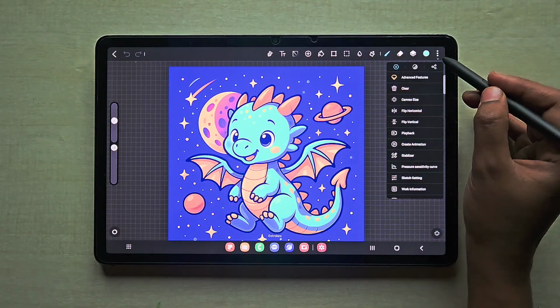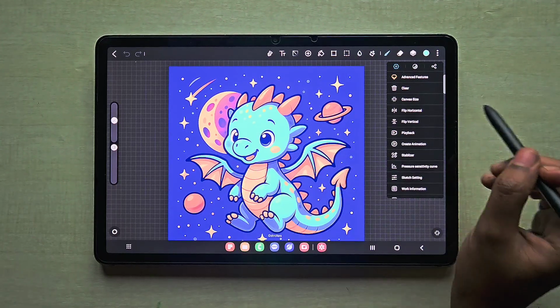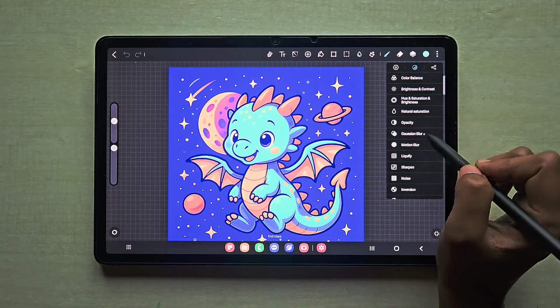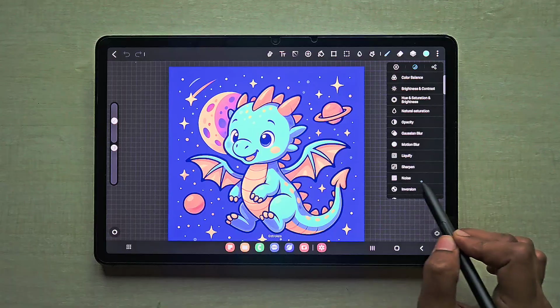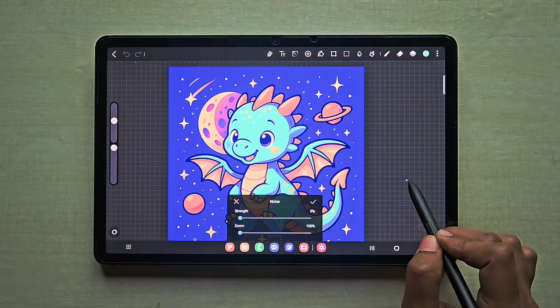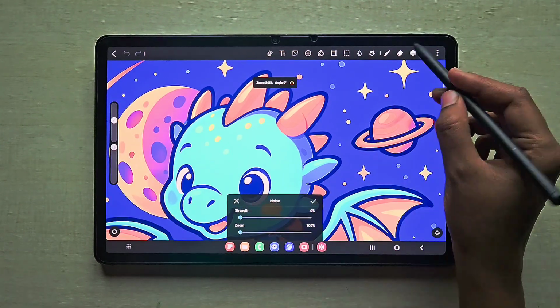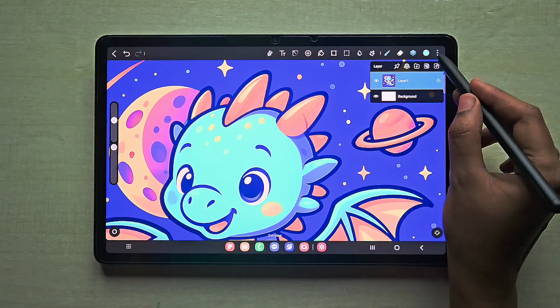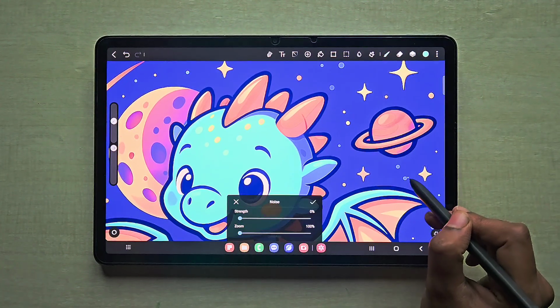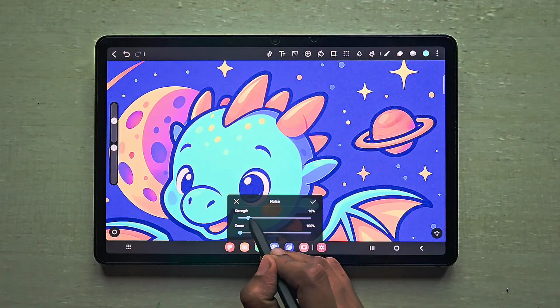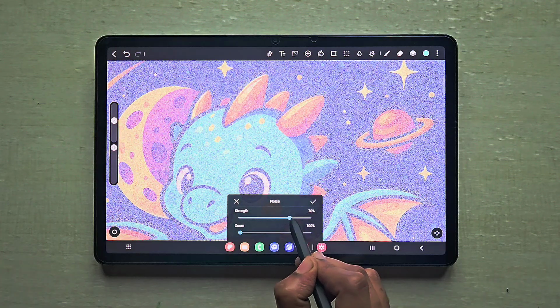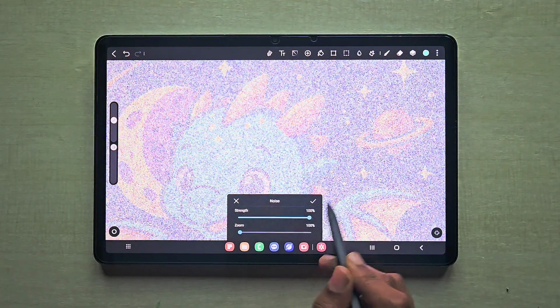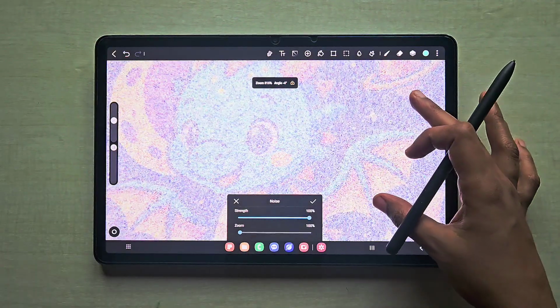First one, you just have the image, and when you click on the three dots, on the second option you can find noise. Simply clicking on that, you can apply it. Here I am on the layer where we have the image and I'm going to apply the noise. This is the first way you can apply noise, but in this you have to adjust the amount of noise only through the